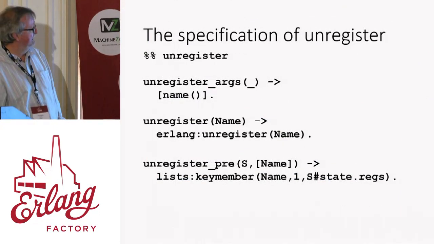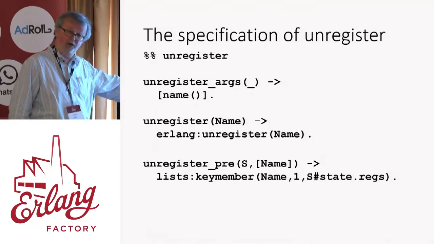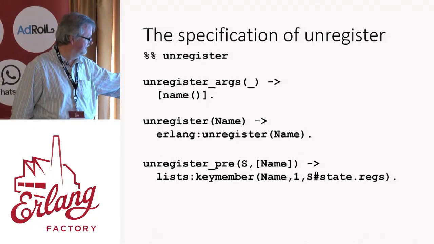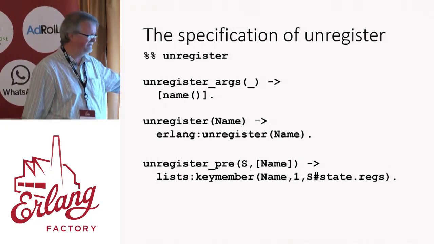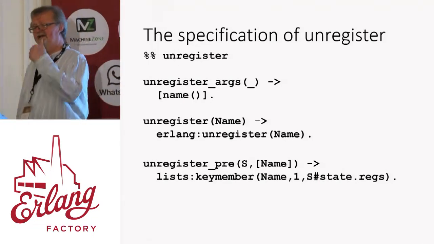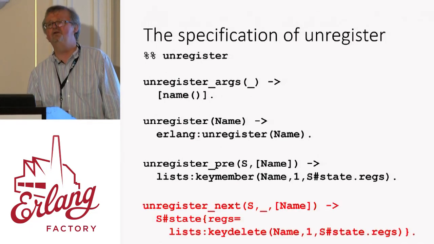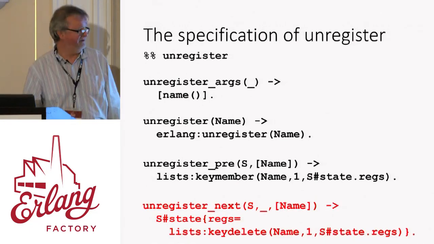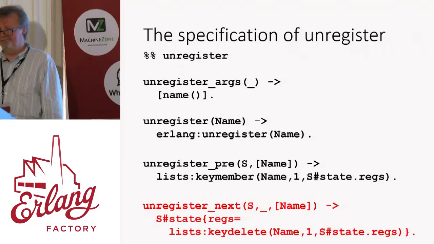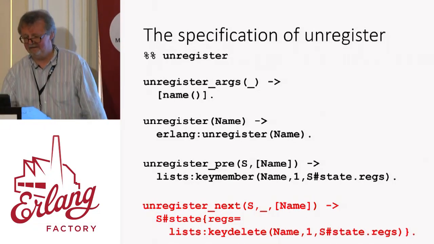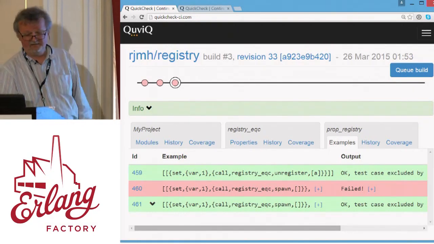So what's the problem here? Well, the problem is my precondition. Look, I wrote a precondition that says you can't call unregister unless the name is registered. So how come QuickCheck thought it was OK to run that test case where I called unregister twice? Well, the answer is I haven't told QuickCheck in the model that unregister actually removes the name from the registry. So I need to add a model state transition function for unregister as well. And if I do that and I rebuild my tests, now all of those additional tests pass.